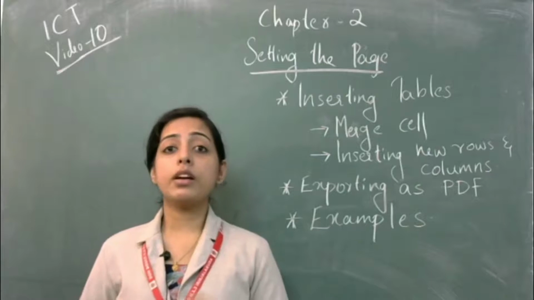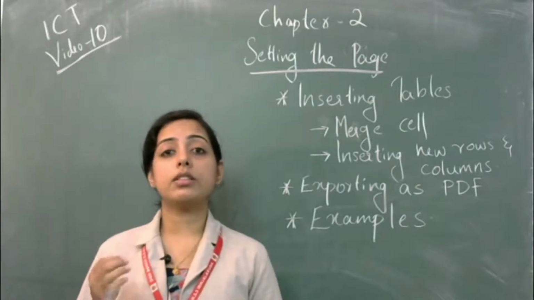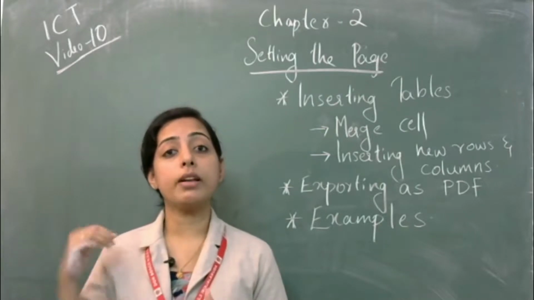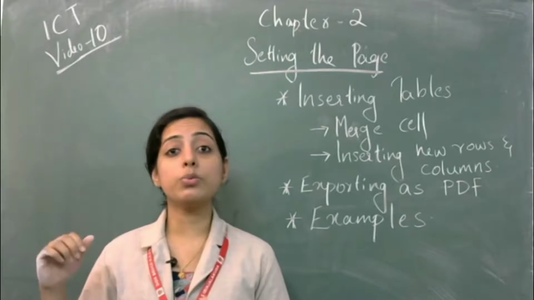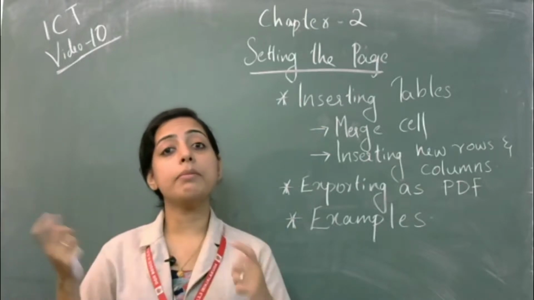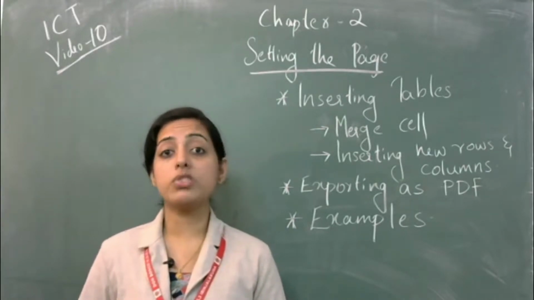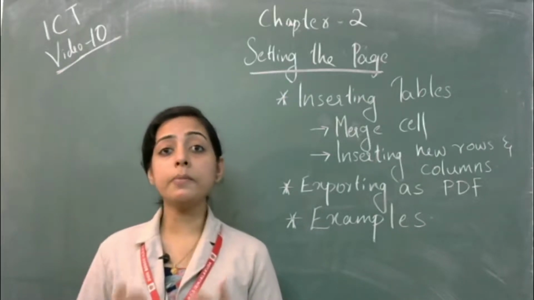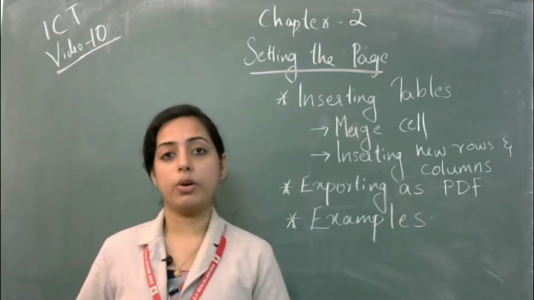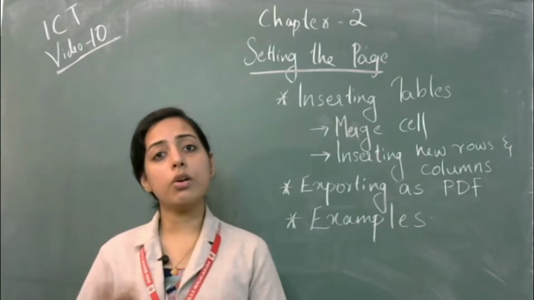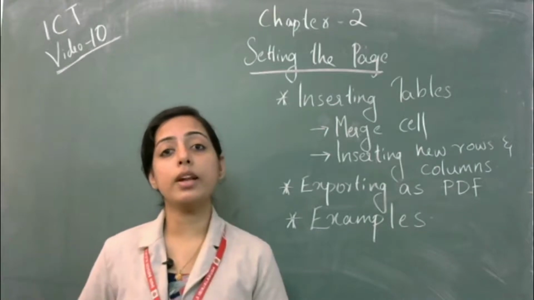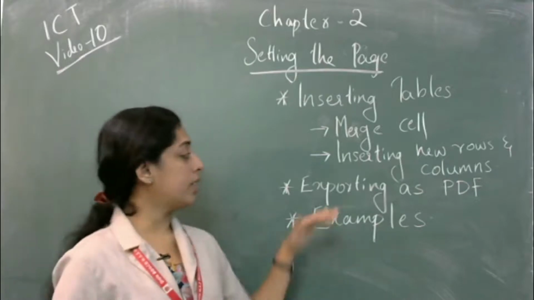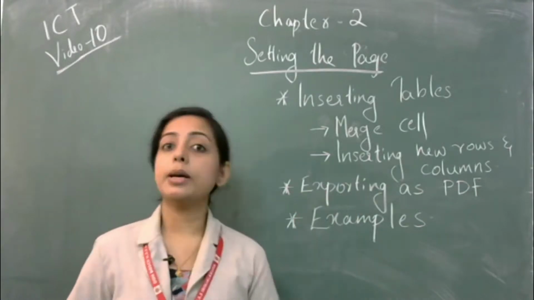And also, suppose I am saving a document in LibreOffice Writer and I am going to open that document in Microsoft Office Word in Windows. Maybe the alignments will change. So this is one major issue which we are going to face. For example, I am working in LibreOffice Writer and I am going to open it on my smartphone. So what will happen? Maybe that version or this extension will not be supported in other software. So that will be a major issue. But it can be overcome by exporting it in PDF format.